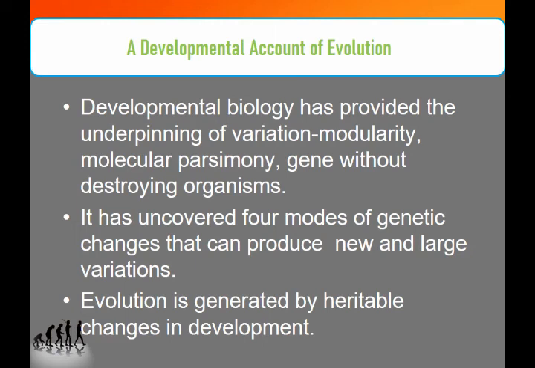But we know that we are still approaching evolution in the two ways that Darwin recognized, and descent with modification remains central. But at this point, we can answer some evolutionary questions using both population genetics and developmental genetics. Thus, we can say that evolution is generated by heritable changes in development. By integrating population genetics with developmental genetics and also embryology, we can now begin to explain the construction and evolution of biodiversity.